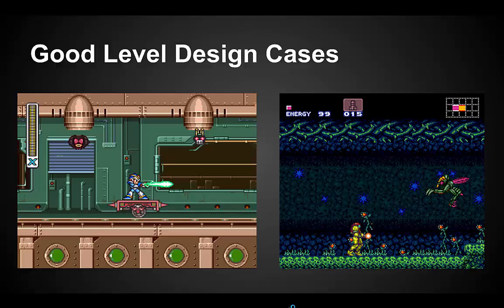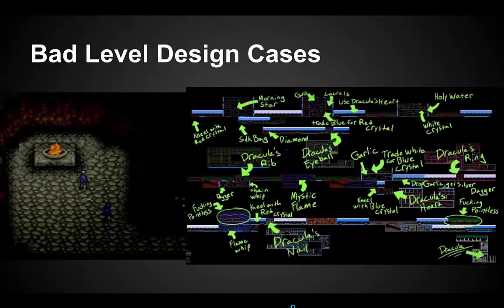Now for some bad level design. So we'll start with this one on the left. If you're not familiar, I don't know a lot of people that have heard of this. This is the Lord of the Rings Fellowship of the Ring game for the Super Nintendo. This was made before the movies were, so it's based entirely on the books and the cartoon movie that happened that we don't really talk about.